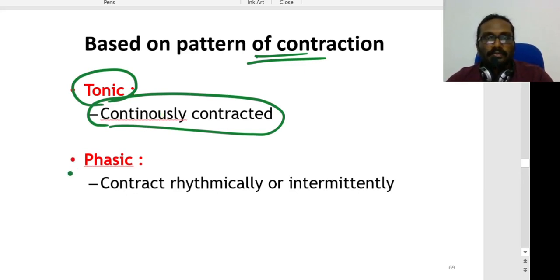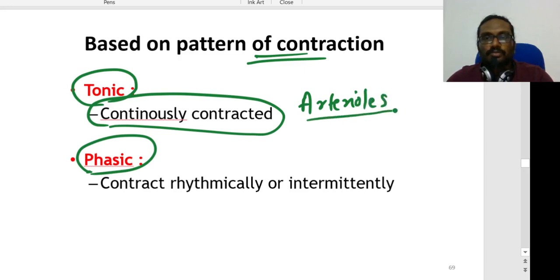On the other hand, we have phasic contraction muscles. The smooth muscles of the arterioles are an example. Going to phasic contractions, they contract rhythmically and intermittently. You need the smooth muscles in some part of the body to be having a rhythmic contraction. ഒരു rhythmic contraction എവിടെ ആവശ്യമുള്ളതെന്ന് ചോദിച്ചാൽ നിങ്ങളുടെ ഗട്ട്, നിങ്ങളുടെ